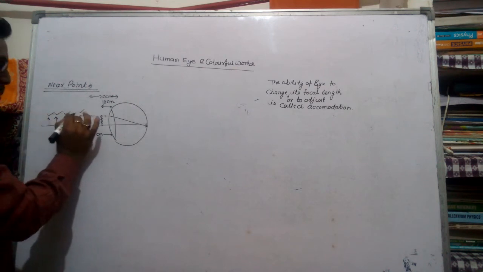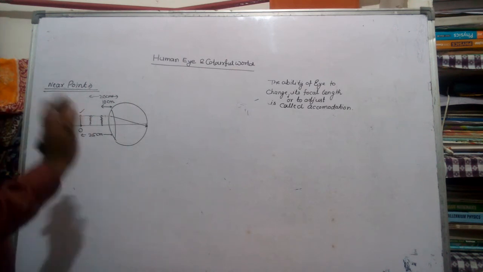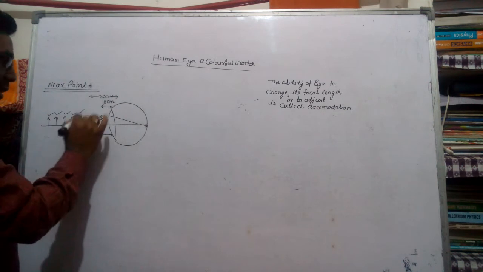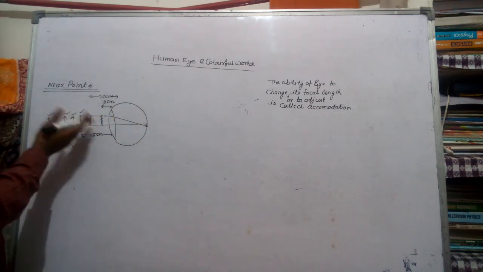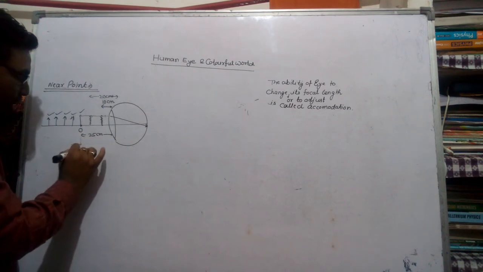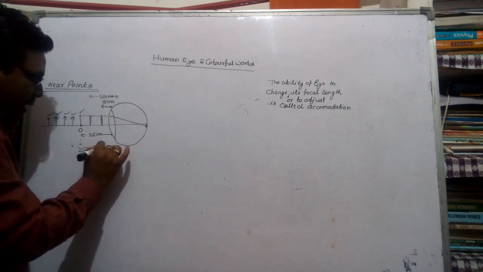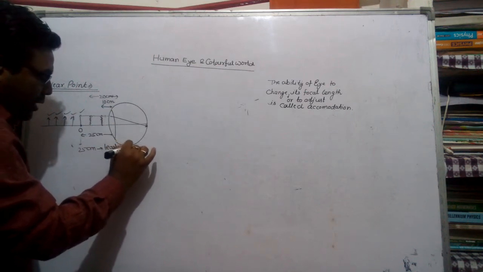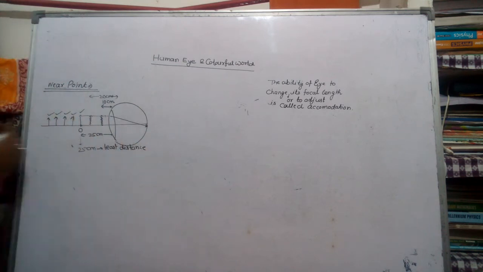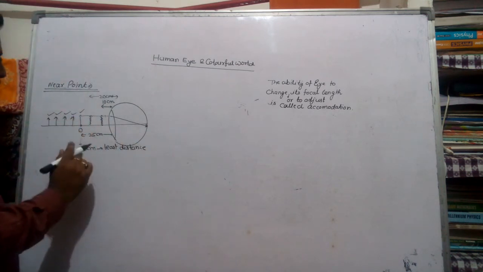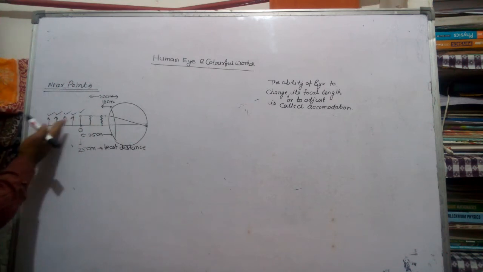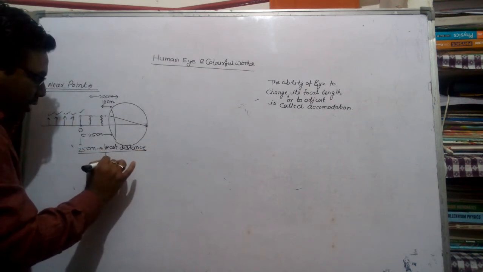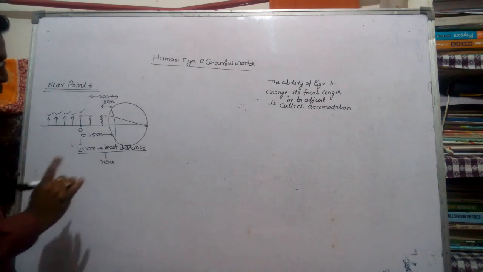Beta, here the object is placed at this place, which means the object is clearly visible. So 25 centimeter is that distance from which we can see any object. So 25 centimeter is our least distance, right? Least distance, because after this distance the object is seen clearly. 25 centimeter is the least distance after which the object is seen clearly. So is 25 centimeter known as near point? 25 centimeter is not the near point, beta.